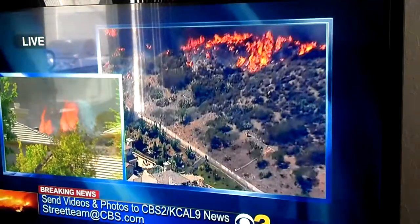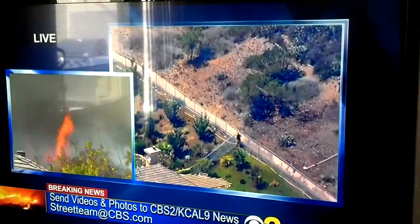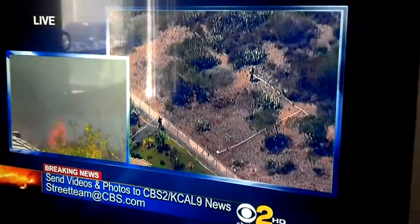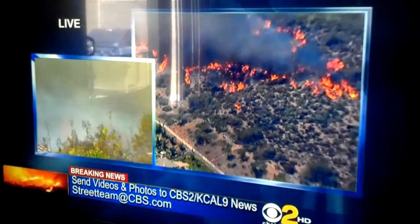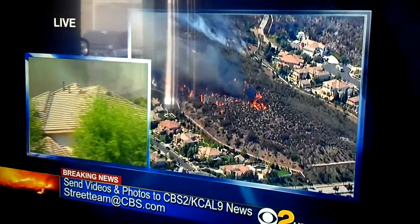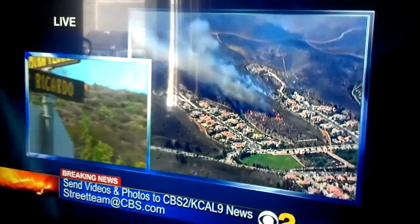Also, they have a lot of ground crews, and you can see them walking. It's getting very close to those houses. Oh, how scary! With lines, and they're ready. And you can see these guys aren't putting water. I don't know how many houses up to now have been damaged or totally destroyed by this fire, but there'll be no fuel here later on, and then they know that they can move on to the next spot. Again, though, the area that is going to pretty much be behind us, that's where we're going to be